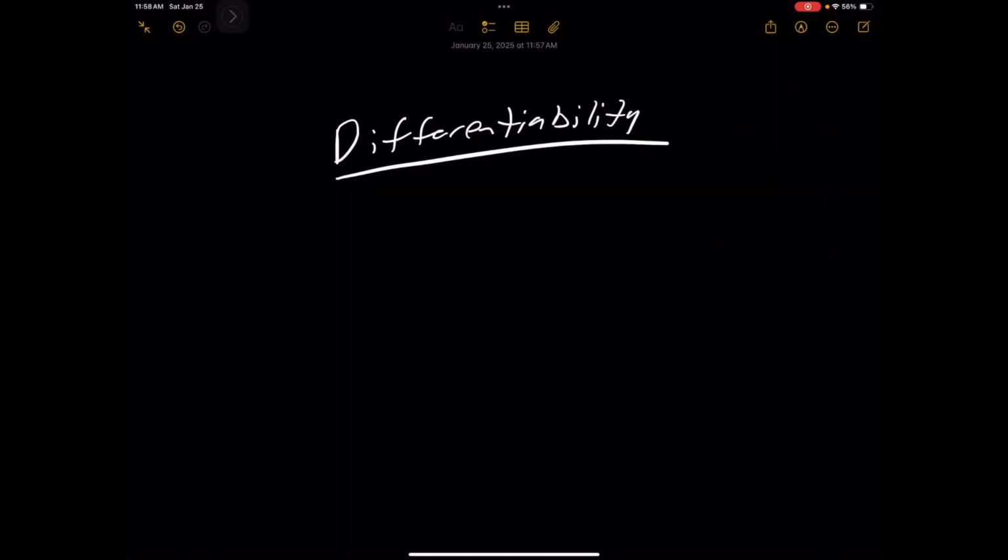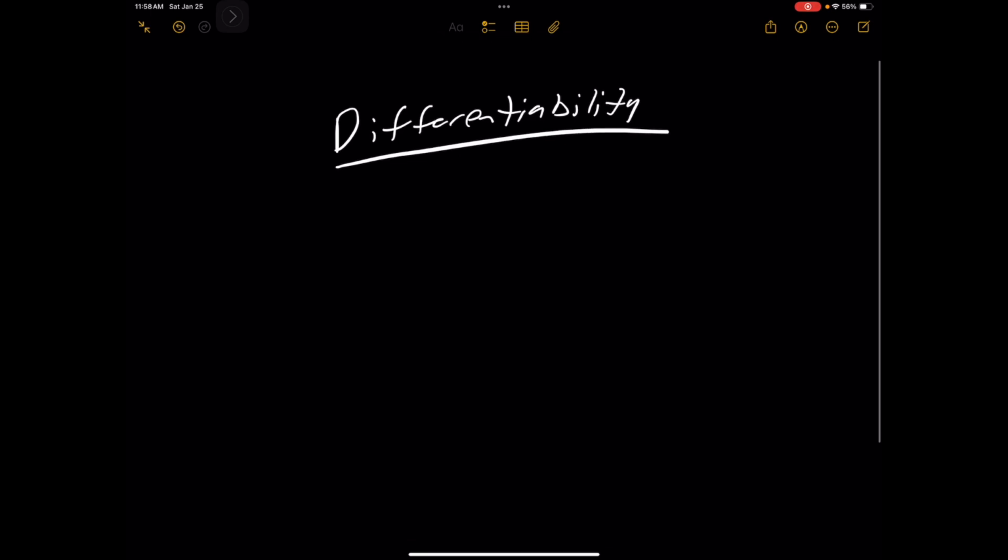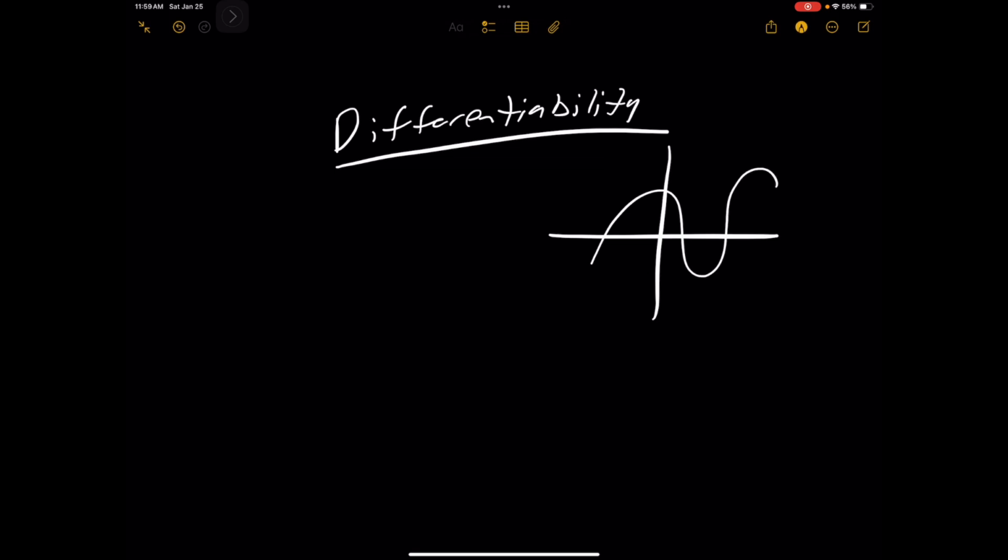We call a function that has a derivative at a given point differentiable, or not differentiable if it doesn't. And it's nice to know whether a function is differentiable at a point or not. Let's look at an example of a function that's a little bit messy. We said that the derivative of a function is the slope of that function at a point. So if I have a function like this one, and I want the slope at exactly that point,